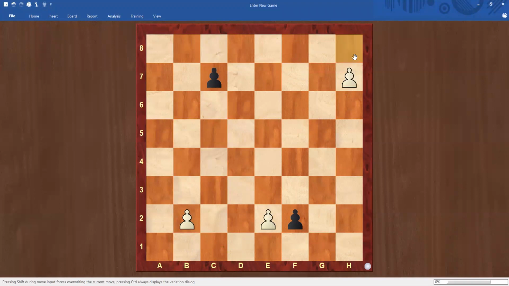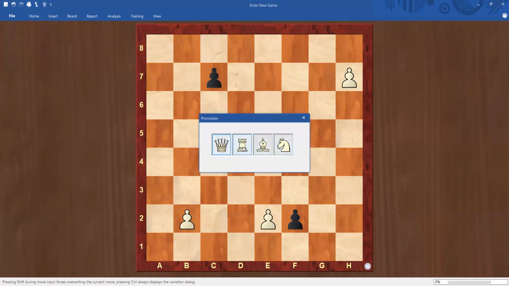Now if the pawn goes here, you can make a queen, rook, bishop, or knight. So whenever a pawn reaches the 8th square, this is known as pawn promotion. What is pawn promotion? You can make one more queen, rook, bishop, or knight. You can't make one more pawn, or one more king.